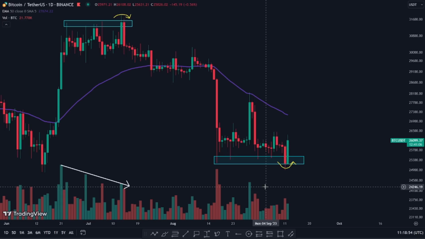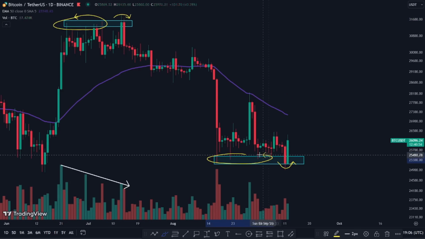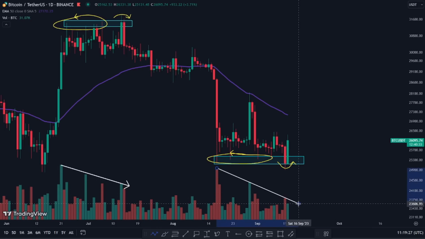All right. And here, what happened yesterday, you had the same case. Check this out. Okay. Notice the same behavior. You have many wicks to the upside, but price cannot go through. Same as here. Wicks to the downside, but price cannot go through, okay? And then suddenly it appears a big green candle or a big red candle with the candle body attacking those lows or those highs in this case, all right? Check that out here and also here, right? But if you check the volume, it's also going down.